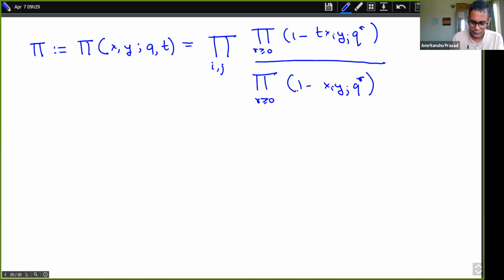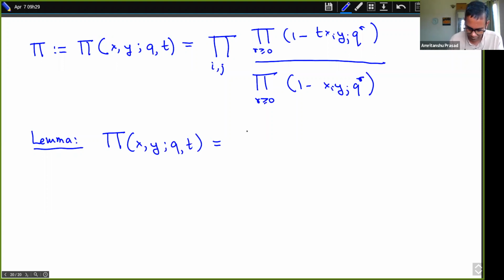So this itself is a deformation of the Cauchy determinant. And the lemma is that this, in terms of power sum symmetric functions,